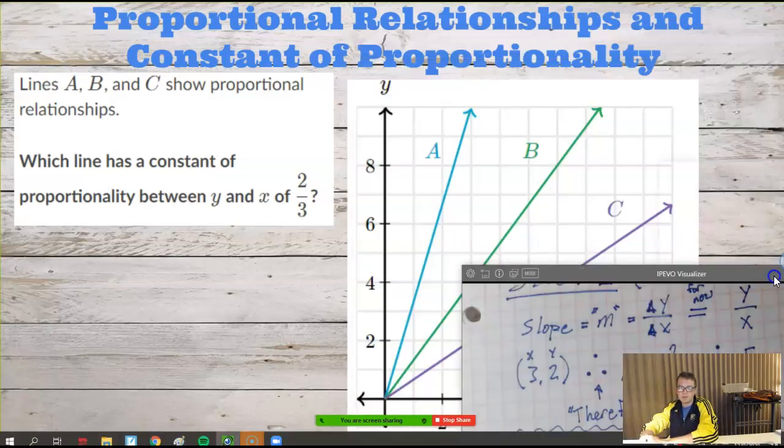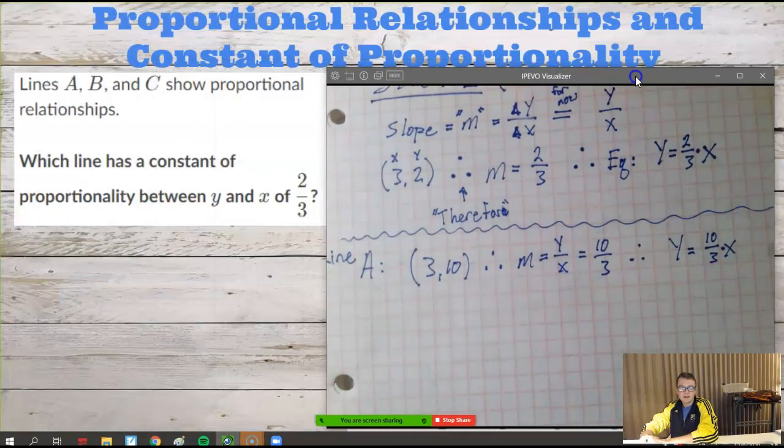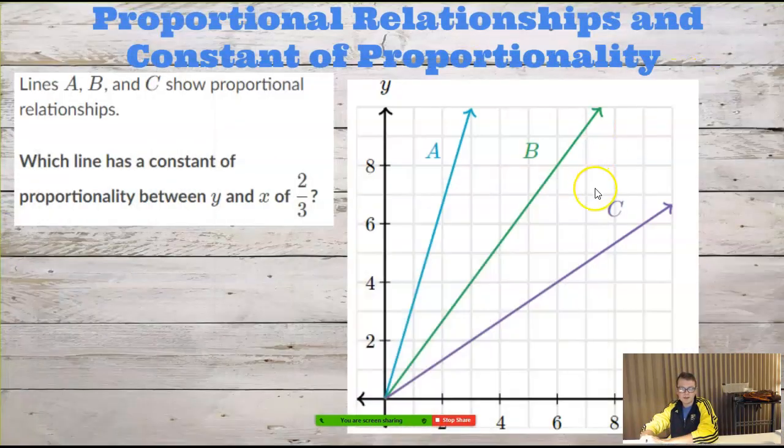I think B is a bit nicer. Actually, I'm just going to minimize this. Yeah, B's got some better points. I think I see a point right there. Try B and try C. If you can find a decent point for B and for C, I'm going to color code my notes, and I would suggest if you're able to, you should do the same. So if you have colors, grab that green, grab that purple.